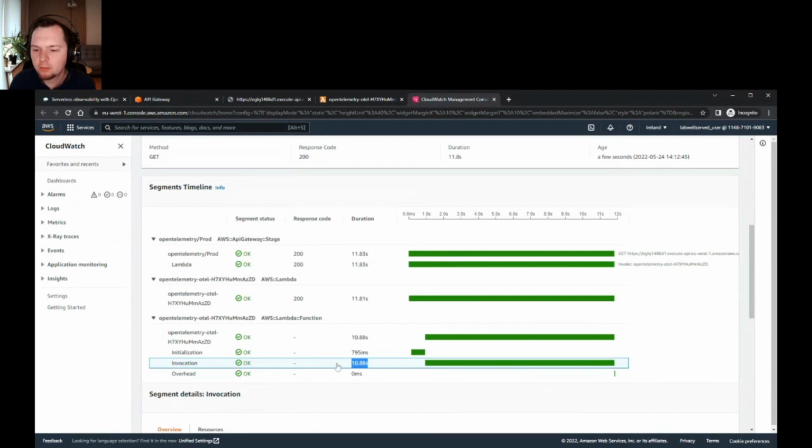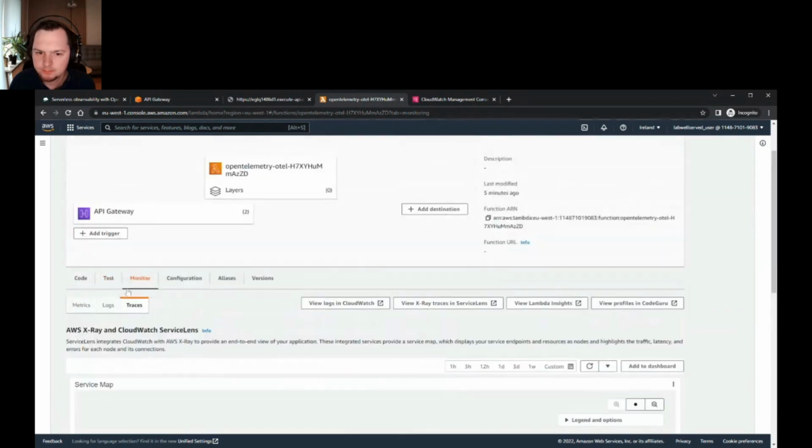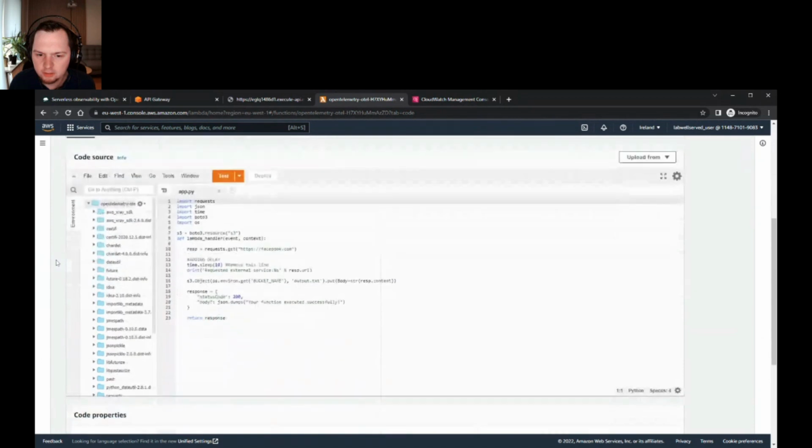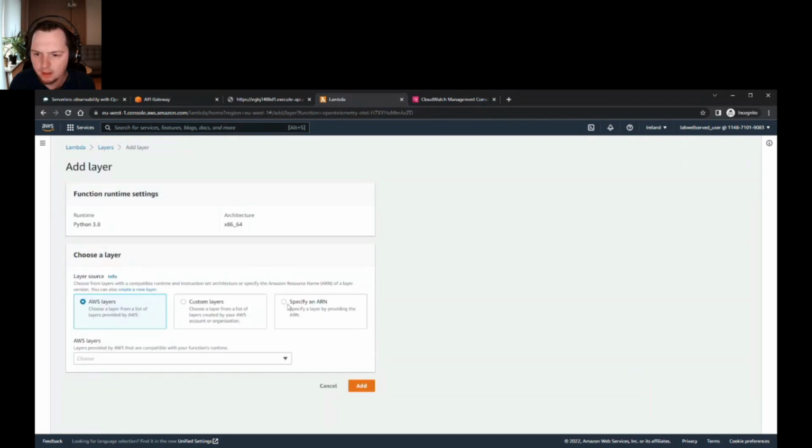So for more granular instrumentation, we will use OpenTelemetry. So what I'm going to do is go back to my function, and in the code section, I will add a layer. AWS provides a ready-made layer for different languages.